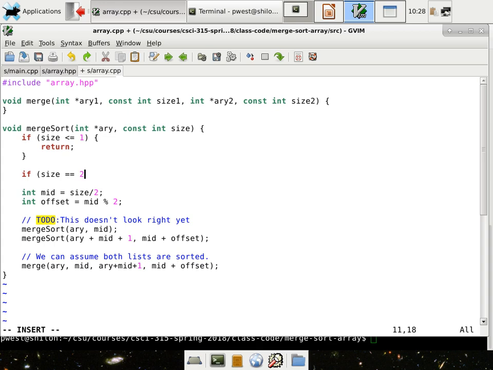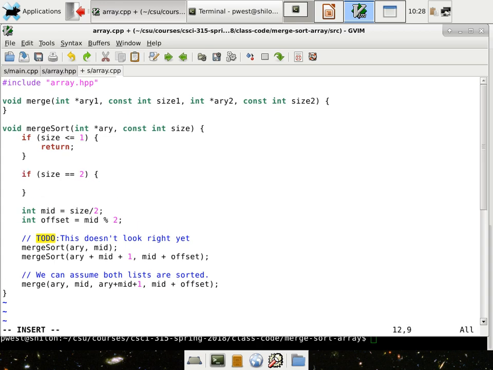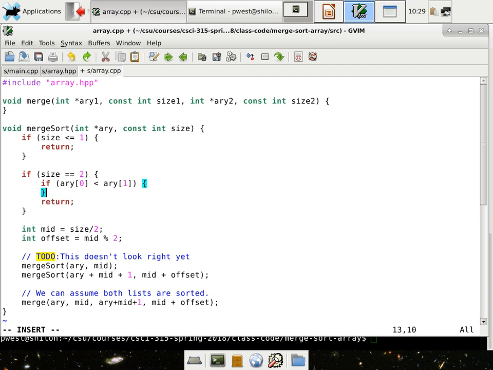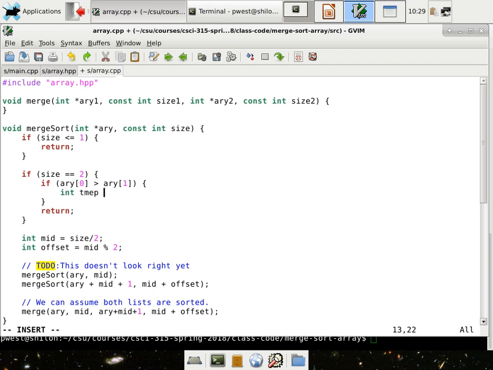The easier way to do this is if size equals 2, we're going to return for now, but that should solve this problem. It does. Because the problem is when it's 2, you divide by that, it's 2, it's going to keep calling itself. So if the size is 2, then if, this is the easier way to do it, is less than, or I should say is greater than, then we'll just have int temp